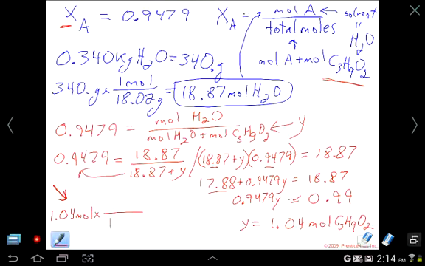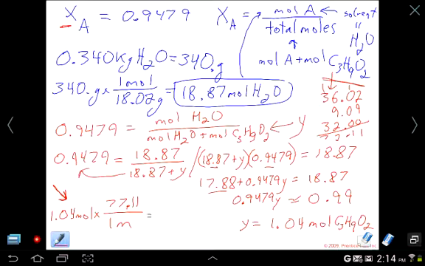A mole of propylene glycol is, since we have 3 carbons, that should give us 36.03 to be exact. We have 8 hydrogens, and we have 2 oxygens, that's 32 to be exact. So we have a total of